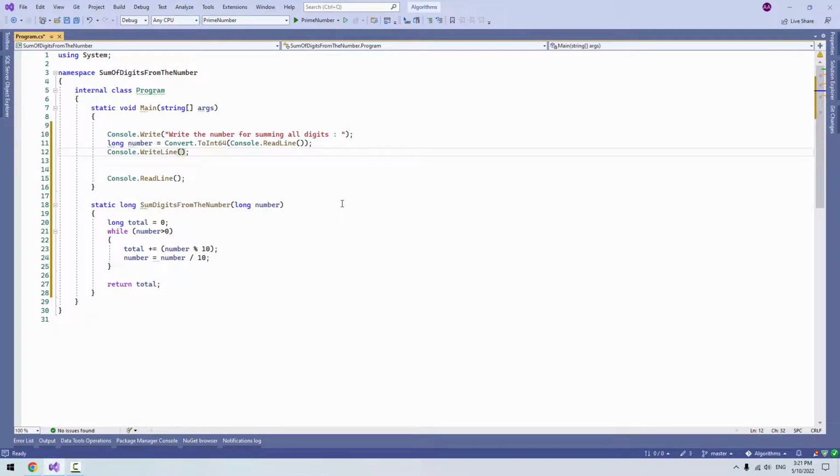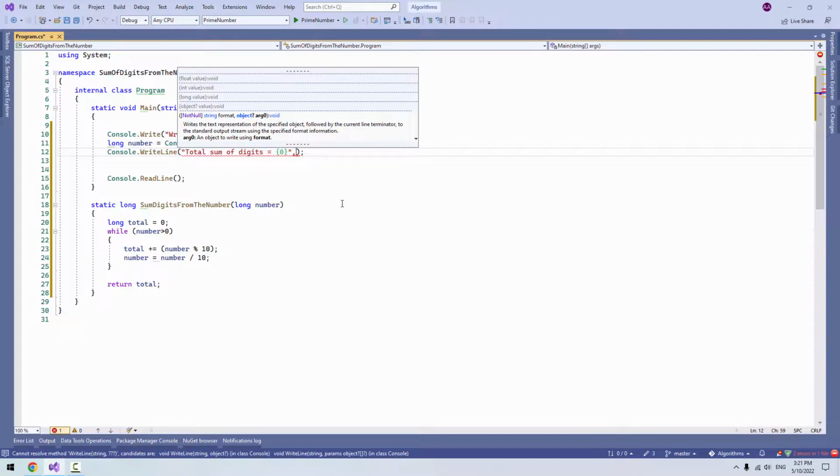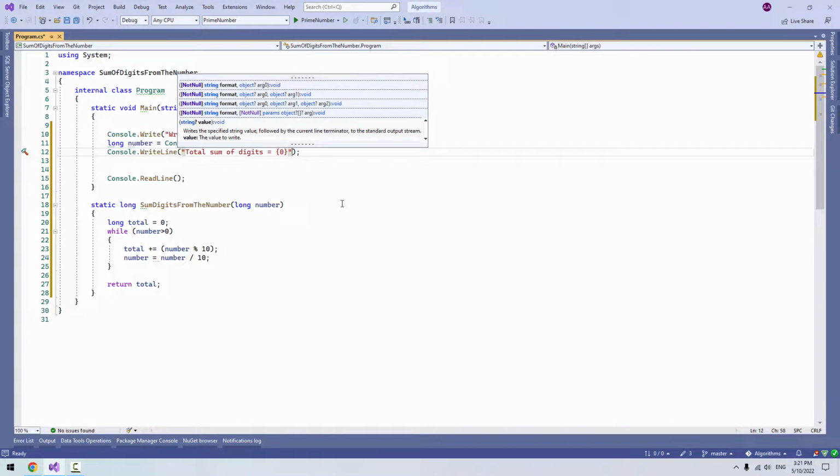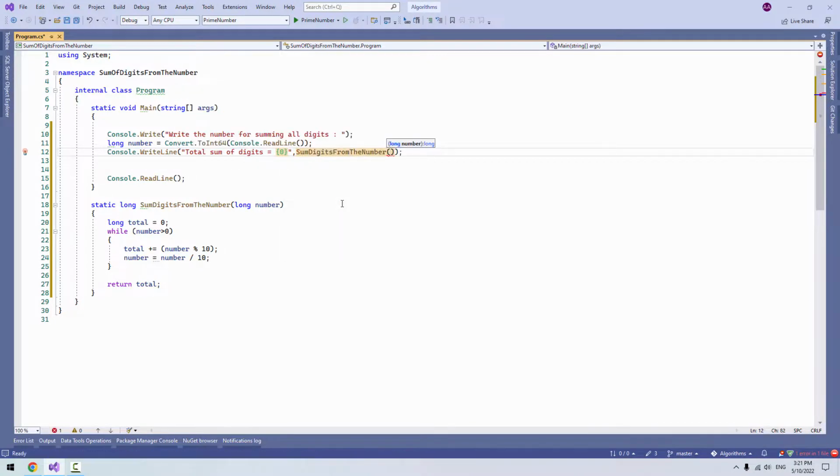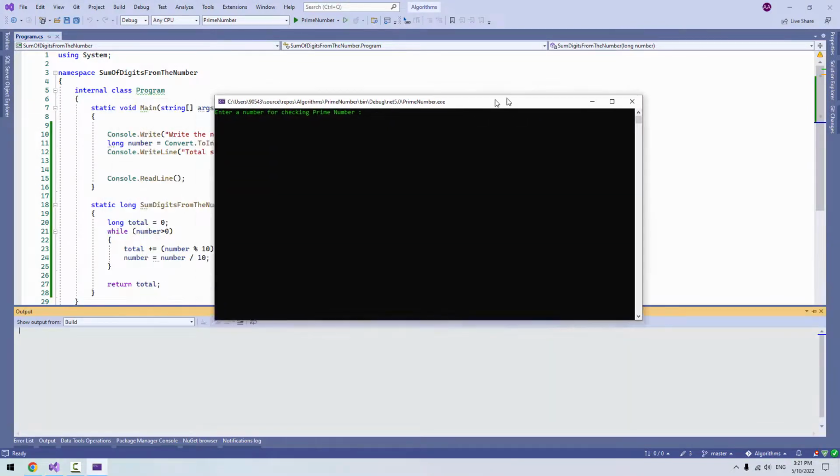So you say Console.WriteLine, I will call my method, or I say total sum of digits equals, I write, yeah, call my method and then number. Let's try it. Let's first write